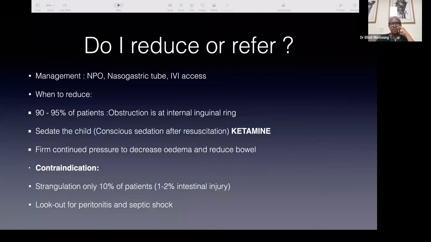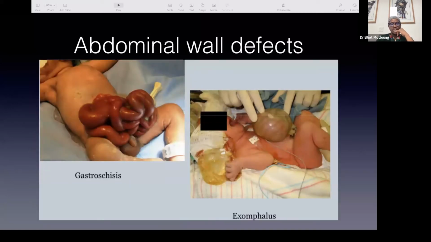Lastly, we talk about abdominal wall defects, gastroschisis and exomphalos. Exomphalos, as we know, is a lateral fold defect of the umbilicus, which results in failure of the midgut to return to the abdomen. So 45% of patients with omphalocele have other associated abnormalities, especially cardiac. About 20% have chromosomal abnormalities such as Down syndrome, trisomy 21, and Beckwith-Wiedemann syndrome, which we see as a patient with omphalocele,